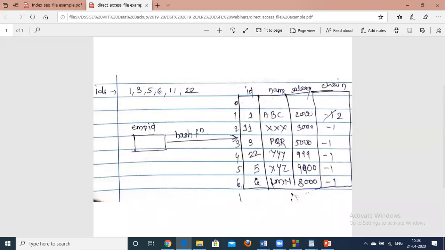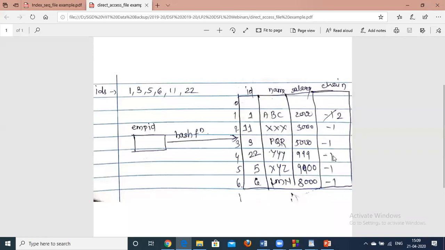Okay, similarly 22, its hash value is 2, so position 2 is already occupied, and as we are following the algorithm chaining without replacement, we will search for the next available position, which we get at this place. Position 4 is empty, so we will insert 22 at this place.